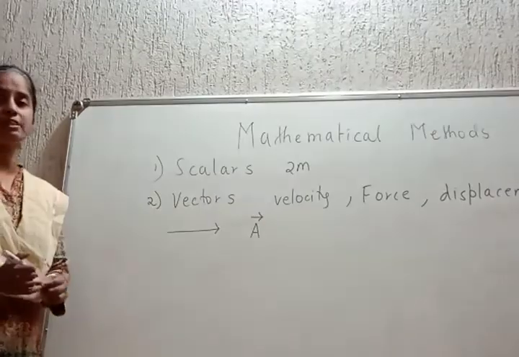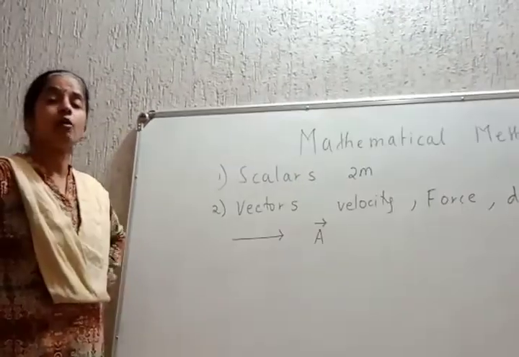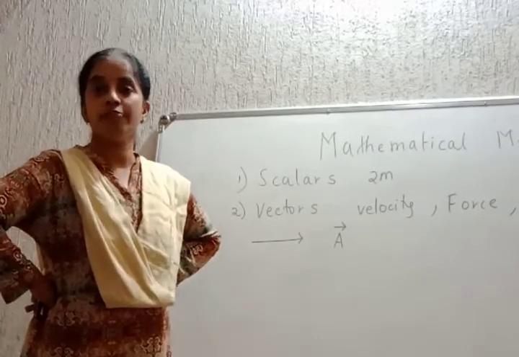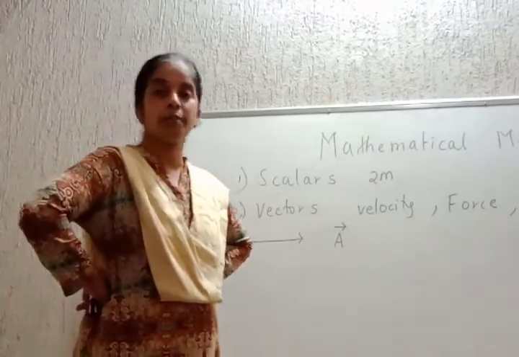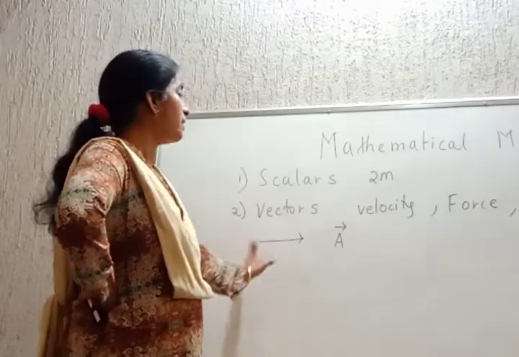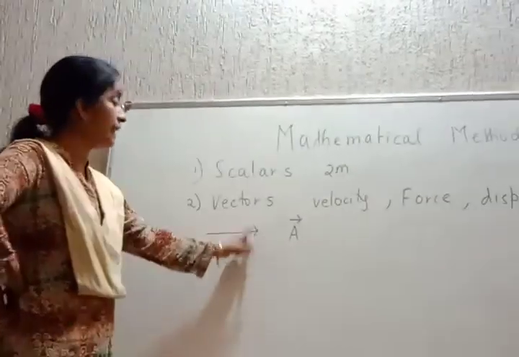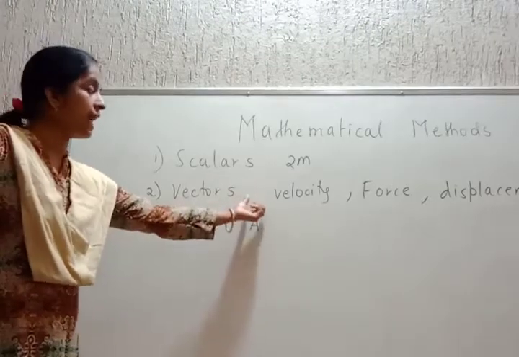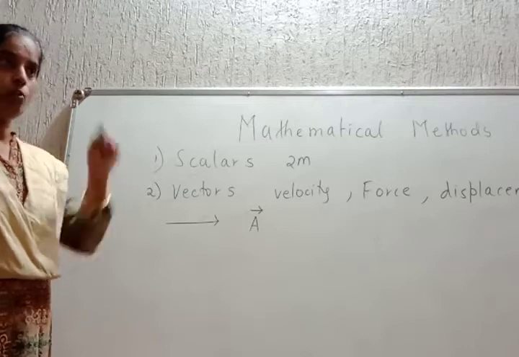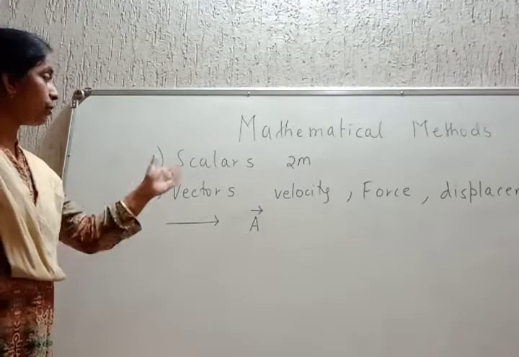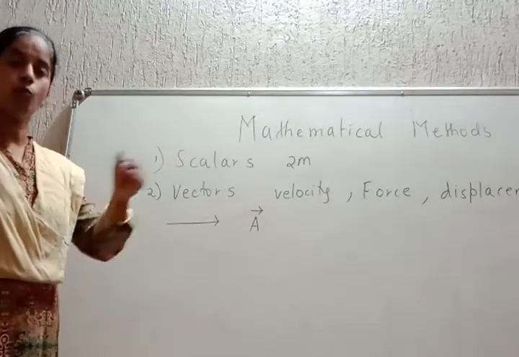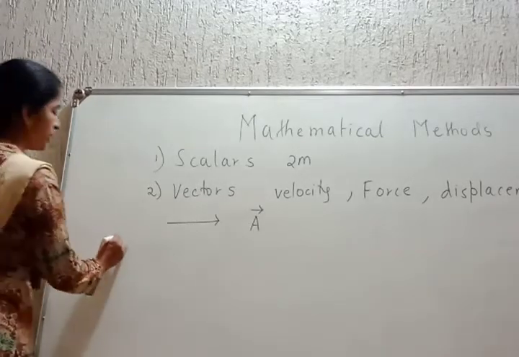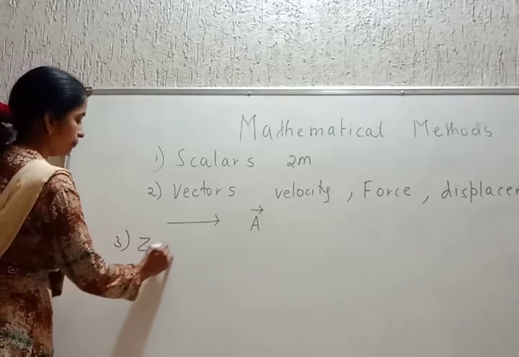So what are vectors? Vector quantities are the quantities where magnitude is not enough. They even require direction for their complete explanation. Vectors are always represented by directed line segments. A vector is represented by a symbol with an arrow over its head. Show the arrow on top. That is what are called vectors. Okay? One thing. Students, we will discuss first something called a zero vector.